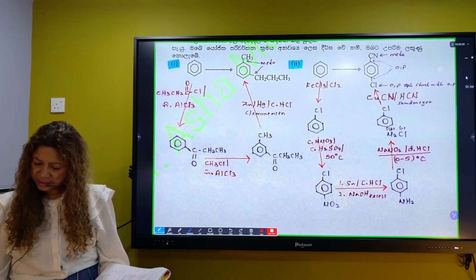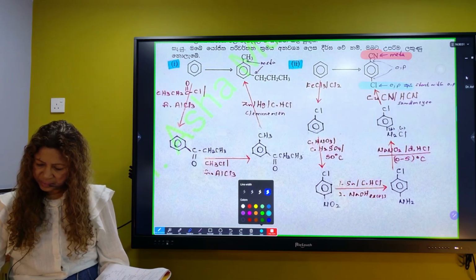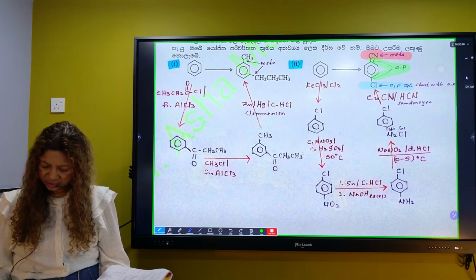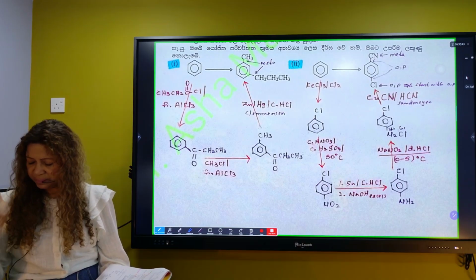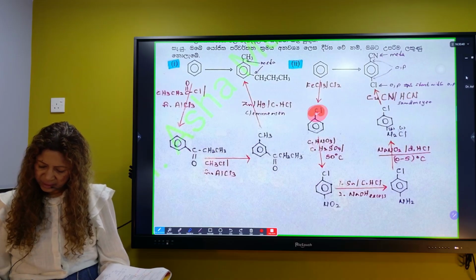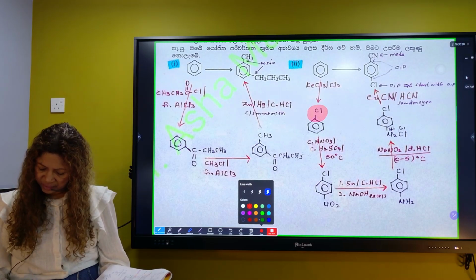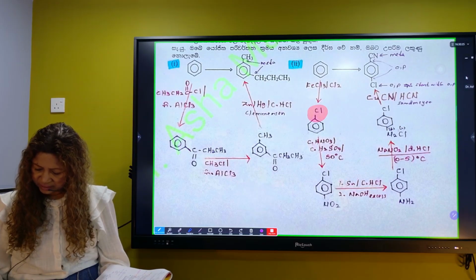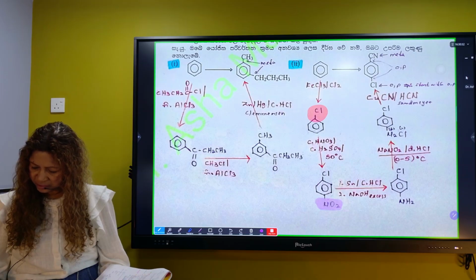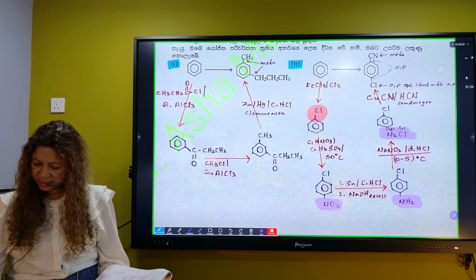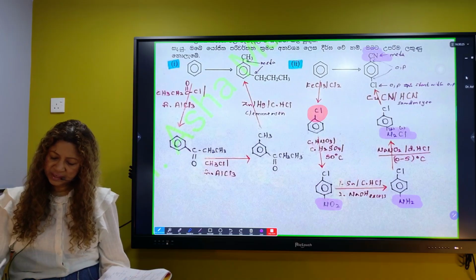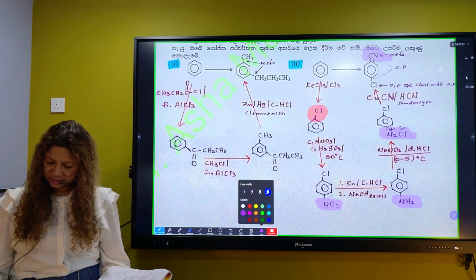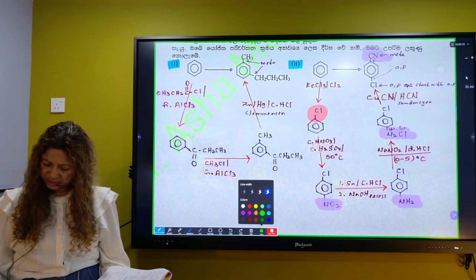Okay. This is meta, and then chlorine is ortho-para. The connection is ortho-para. So first I'm going to join the ortho-para one, which is the chlorine. You can also show the chlorine below, but I have taken it here and am leaving it as it is. Now I'm going to make this CN. For that, NO2, NH2, diazonium, and then CN. Upside down, only the flipping of the upside down, and nothing is changing otherwise. This same Cl, just maintaining.